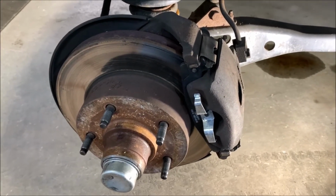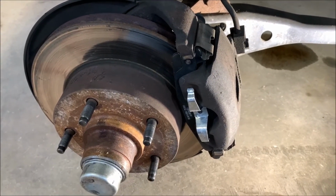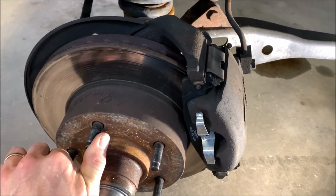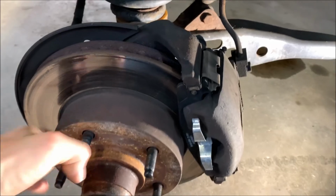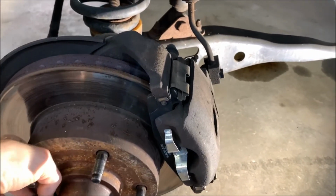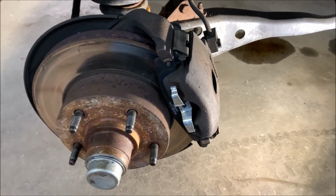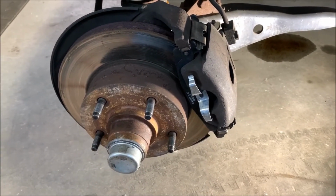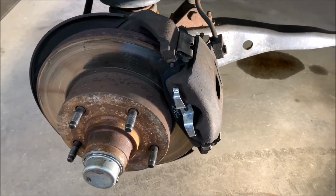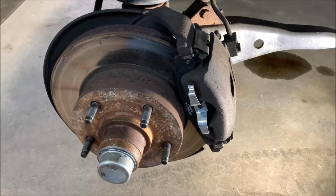A little while back, I redid my brakes and put some ceramic pads and everything on here. When I did it, I knew I was going to need to replace the calipers, particularly on the driver's side, because it's been a little bit grabby. I just didn't have the stuff at the moment to do it, so I just threw it back together. But now I've got the seals and everything, so I'm going to go ahead and pull them off and rebuild them